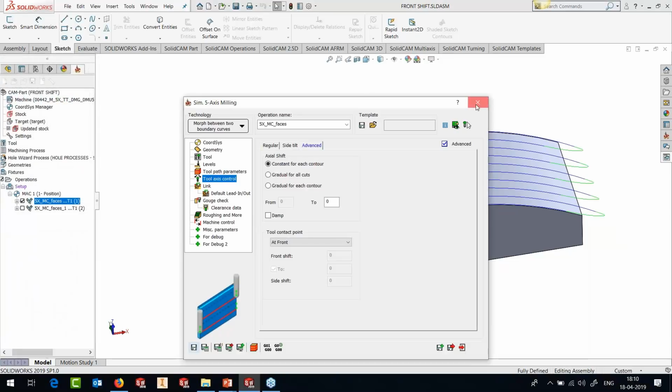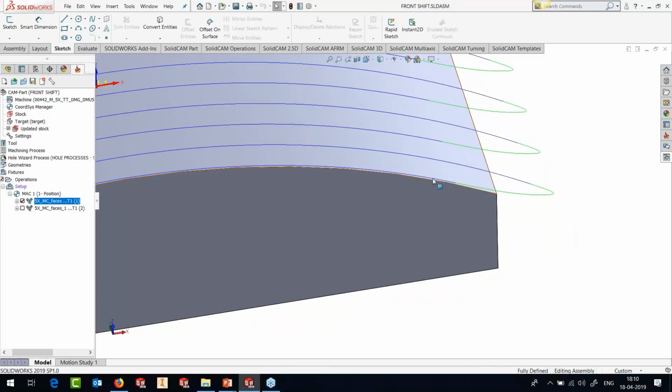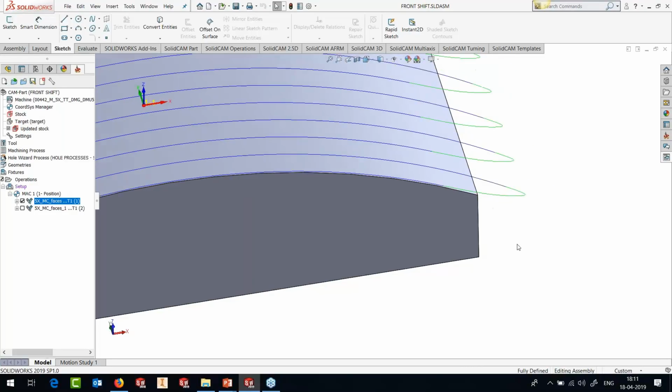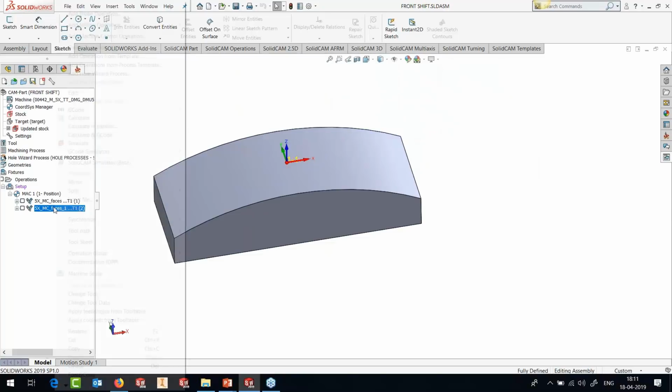So what you have now is, you can see the strange connections. That is because the contact here is over, and the next contact starts here because it needs to make the next contact here at the front. So it switches the contact point. But if I use the same toolpath,